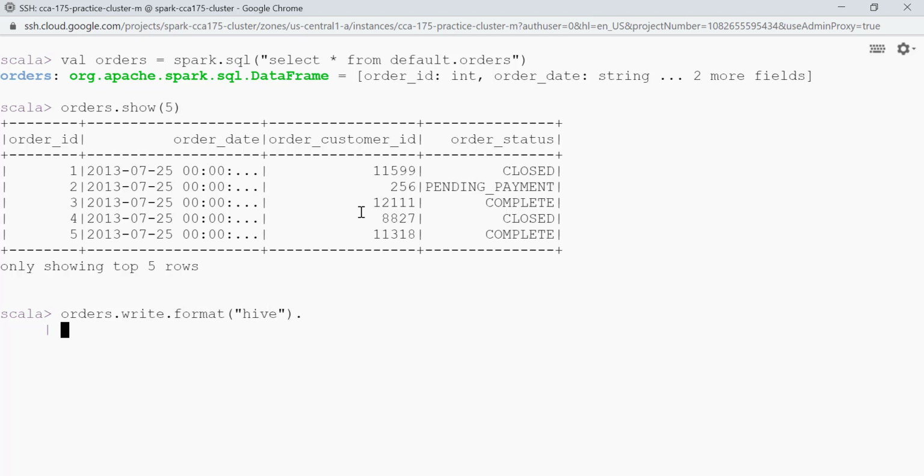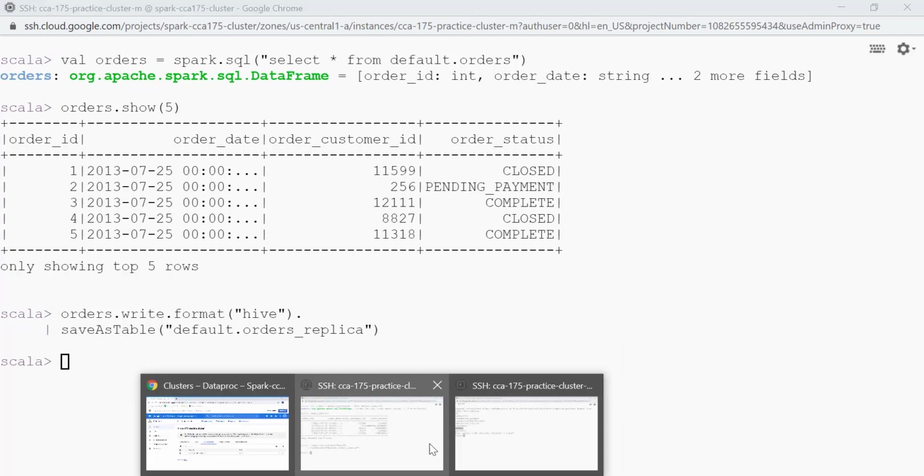Then we can say dot saveAsTable, and then we have to tell that we are trying to save a table in default database, and my table name is, let's say, orders_replica. And we are done. So let's validate.